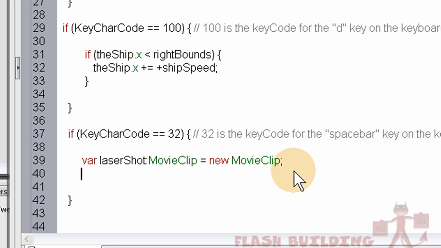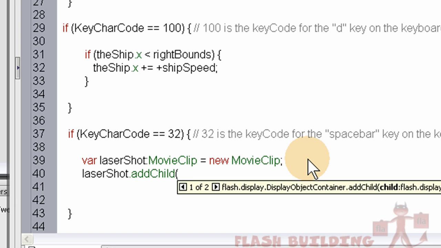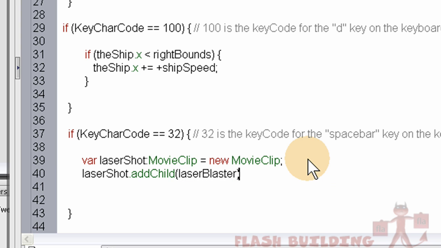And now next line is press enter. Now we type in laserShot.addChild, and this puts it into the movie clip, our laser blaster, which is the reference name for our little movie clip in the library. Okay, so now we have added the laser blaster to the laserShot movie clip that we just created there,